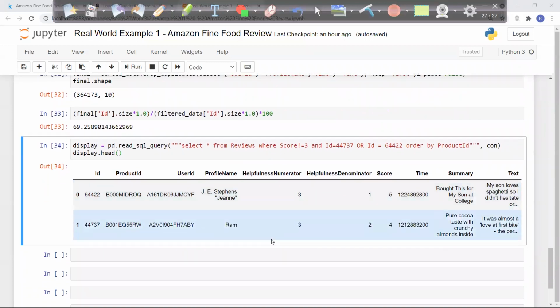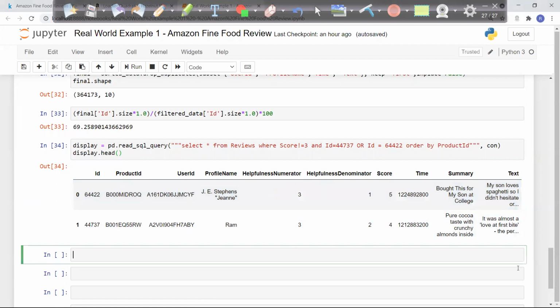I want all the records where my helpfulness numerator is less than or equal to the denominator. So I'll have a final, where I apply a filter: final dot helpfulness numerator is less than or equal to final dot helpfulness denominator.